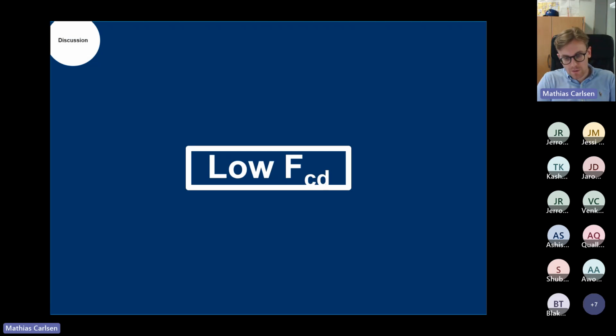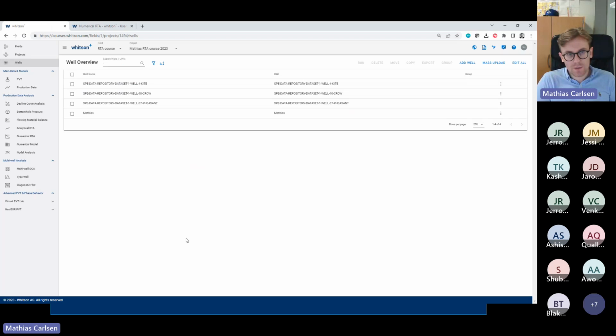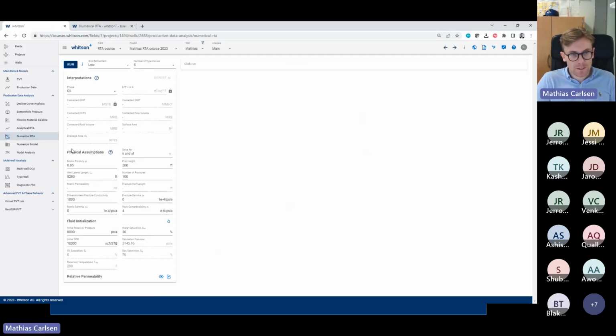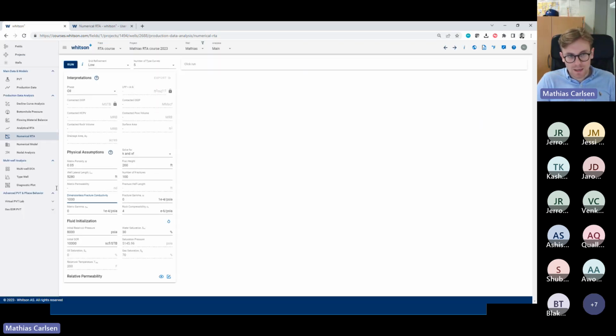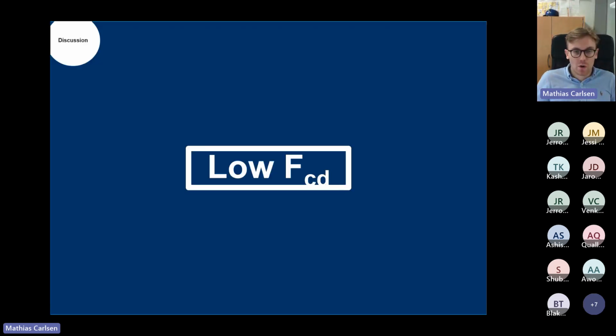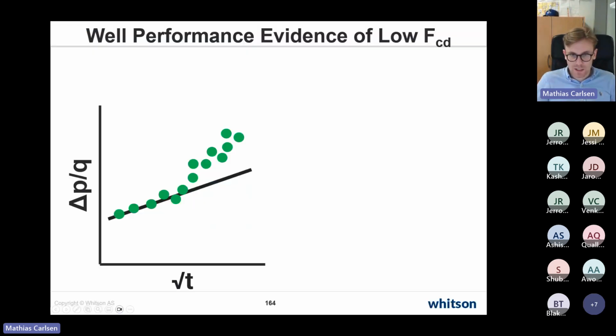One topic that we get asked very often is the justification of introducing a fracture conductivity that is lower than 100. If it's like 1,000, it's typically infinitely conductive fractures. Mathematically, what it means is that there's a pressure drop between the matrix and the wellbore. A few things that can indicate that this number has to be lower is, for instance, a positive intercept